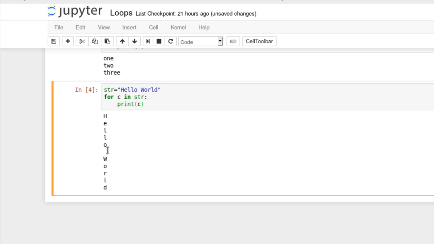So what it does is, it will take str, take the first character of hello world, that is H, that will be placed in C, then that will be printed. In the next iteration, it will take the second character, that is E, that will be printed. So likewise,